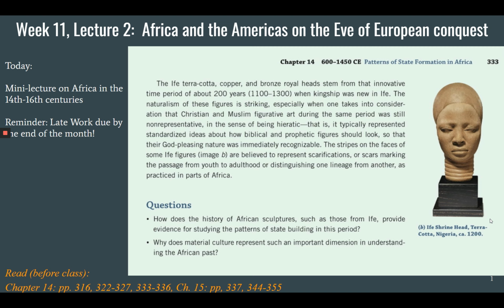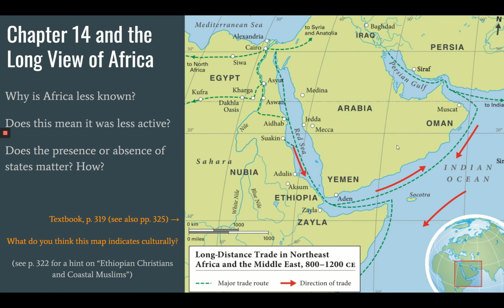But the lack of writing in some places, the presence of writing in others, and who writes what, is one thing that material culture helps to get around. That's just one quick answer. But let's go ahead and keep moving here. So chapter 14 gives a really long view of Africa, right? It essentially goes all the way back to the start of the first millennium and the presence of camels, around a few hundred years CE, as a main factor in trade routes and trading.